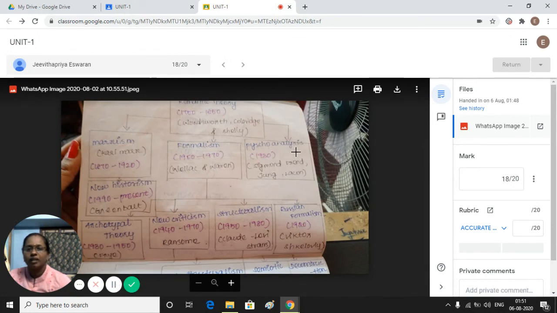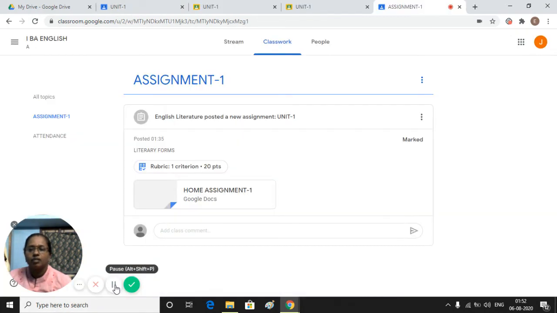That's the work by the teacher. If you have given a mark and everything, it will come under here. The teacher marked it and has given the mark also. The students can understand, okay, assignment submitted. The teacher evaluated the assignment. It will show as marked.